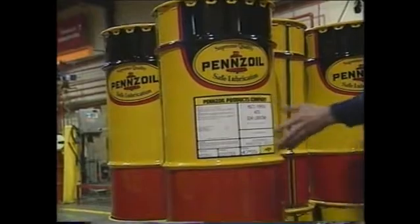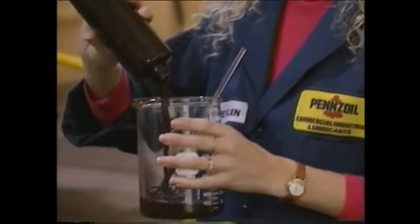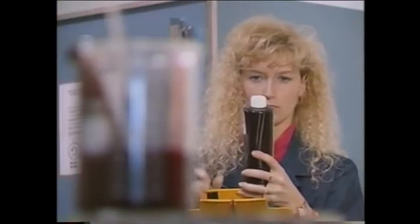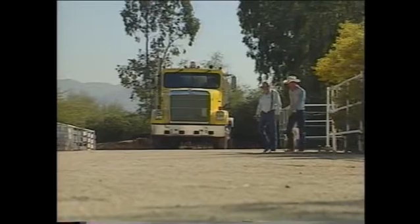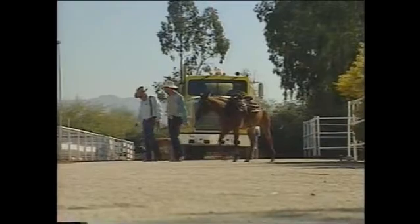For more than 100 years, Pennzoil has been a leader in developing, producing, and marketing refined petroleum products. The Pennzoil tradition of providing the customer with quality, service, and dependability is continued with pride by the people who make PennzSuppress D. As a Pennzoil employee, I'm proud to say that we do go the extra mile for our customers and that we are consistently meeting the strictest specifications for all of our products. PennzSuppress D is just another example of how we are consistently meeting these high standards of quality. Pennzoil also takes pride in helping its customers meet their own high standards of quality in improving roads and work